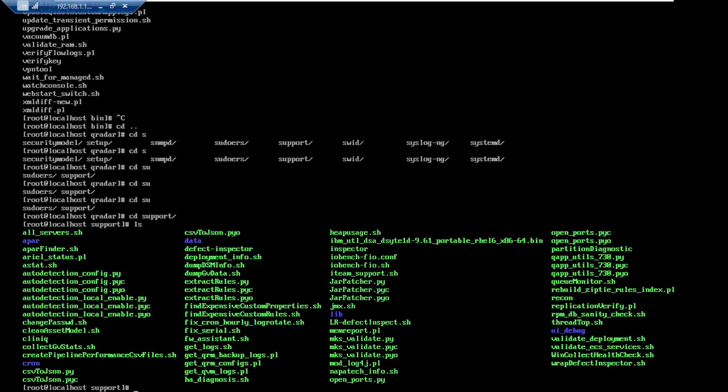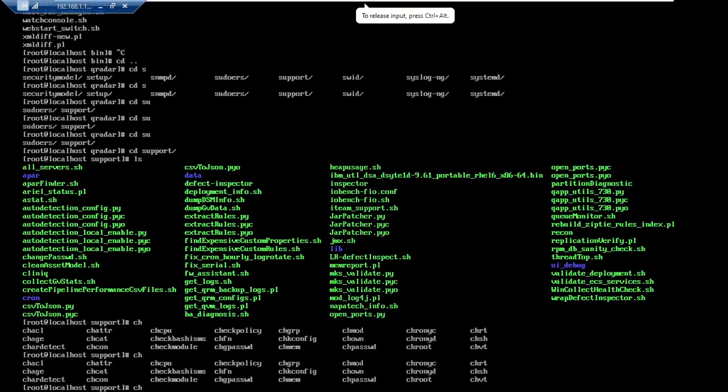In ls, there is a change password sh file. Yeah, it is here, this one, change password dot sh, auto detection.